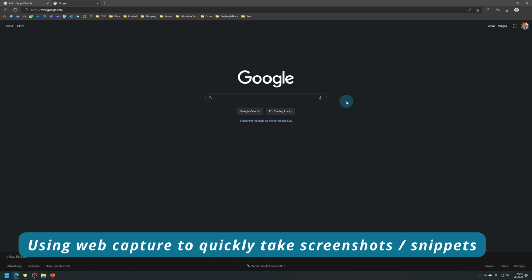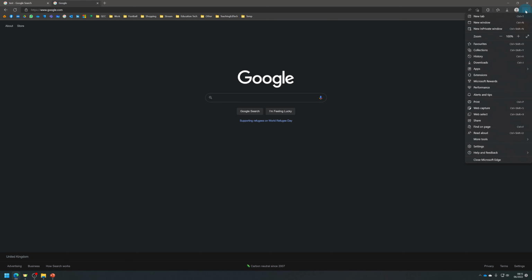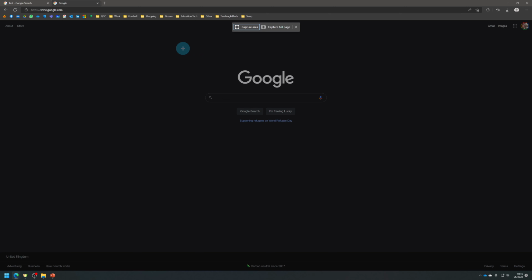Web capture is a really cool feature in Edge that's going to save you time. So you can click down here, click web capture or Control Shift S. I'll also show you how you can add the button higher. But when you click it, it's a way of capturing an area of the screen, just like you would with